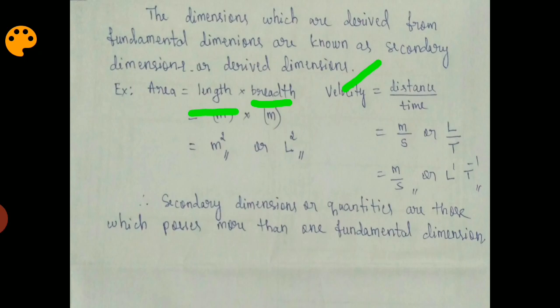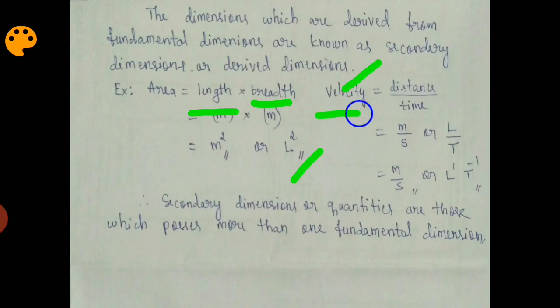It depends on how we are measuring the area of the surface. For area, what is the unit? The unit is meter square. So we use 2 times meter, and in terms of MLT, it is 2 times meter, which means it will be L square. I hope this is clear. So in SI unit it is written as m square. In dimensional analysis, we write it as capital L square.